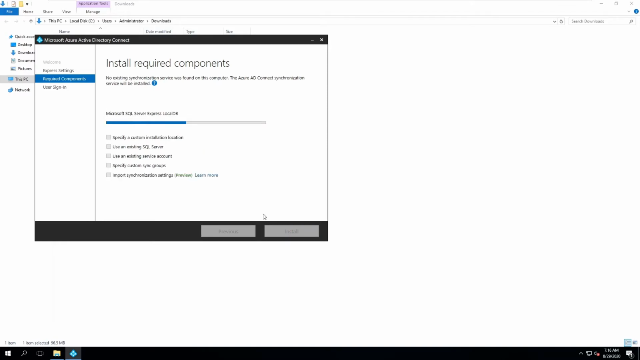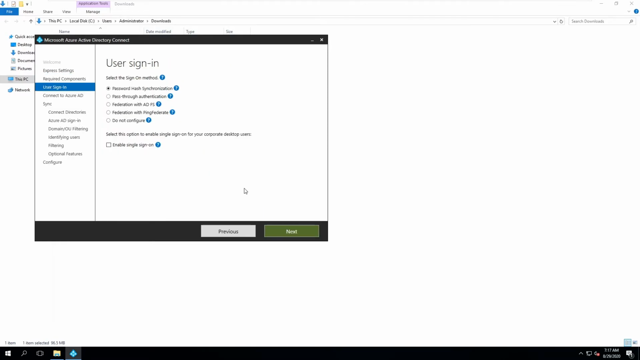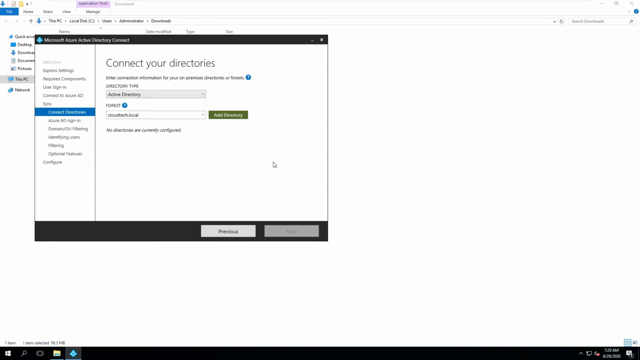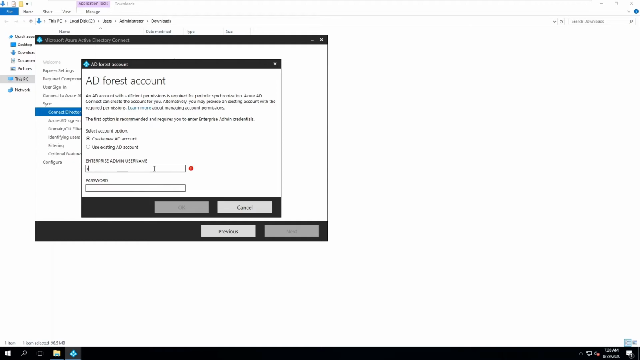After installing the components, you will be asked to select the sign-in method. For this demo, I will choose password hash synchronization, and we'll go next to connect to Azure Active Directory. On this step, you'll need an Azure account that has a role of global administrator. Then we need to connect to the on-premise Active Directory as well with the main account that is a member